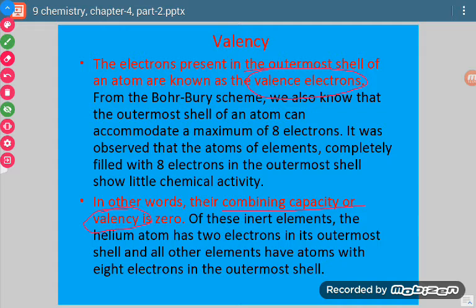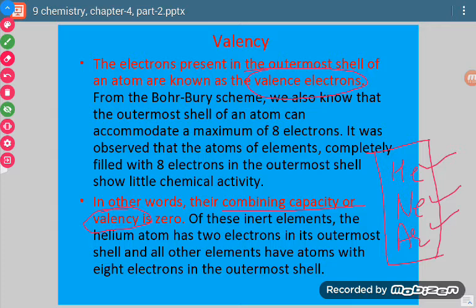Okay, now see, there is one exceptional case. If we talk about helium, then helium is a noble gas. What is a noble gas? There are 3 noble gases in the elements till atomic number 20. Till atomic number 20 you have to learn in 9th standard. If we move from hydrogen till calcium, which has atomic number 20, then we will come across these 3 elements: helium, neon and argon, He, Ne and Ar. So these 3 are noble gases. Noble gases means they do not react with others.